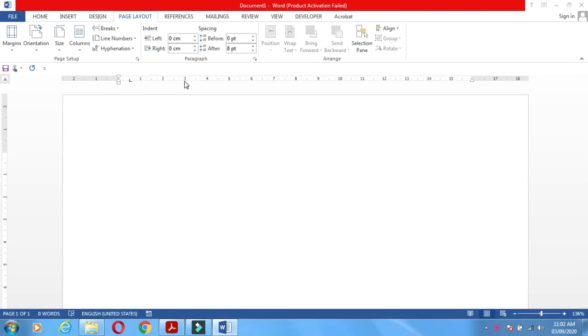Then here the center tab. Then when you click here, the right tab is selected. Then again you can change to the decimal tab here. Again you can apply the bar tab here. In this way you can apply the 5 tab settings on your document.